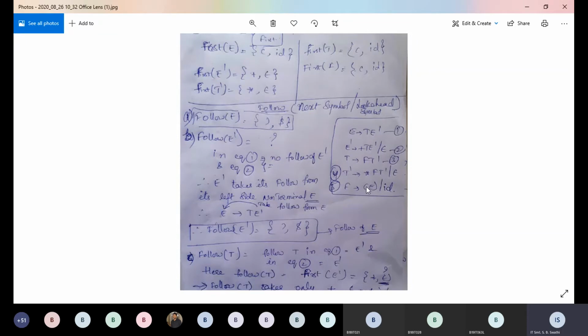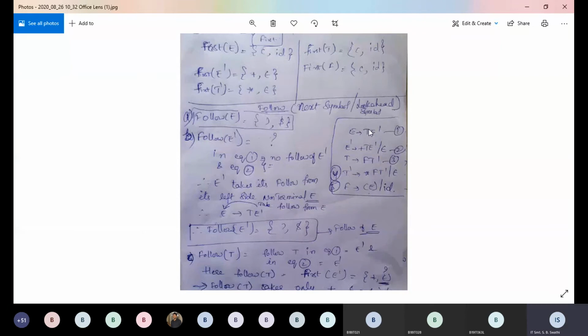The last one is F. F we have done already. For the other remaining productions, T dash and F, we have already seen them here. First of F: the first symbol in this expression is open bracket, and in the second expression the first symbol is ID only, that is also a terminal. So both will become the first of F. This is how we have to compute the first of all the non-terminals on the left side. We have to consider only the first symbol, neglecting the remaining symbols. If it is a terminal, you can take that terminal directly, but if it is a non-terminal, then you have to read the production of that non-terminal again and again until you get a terminal value.